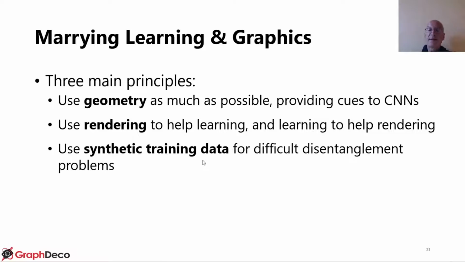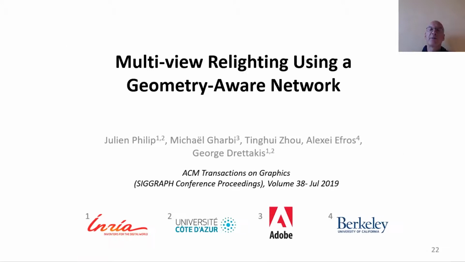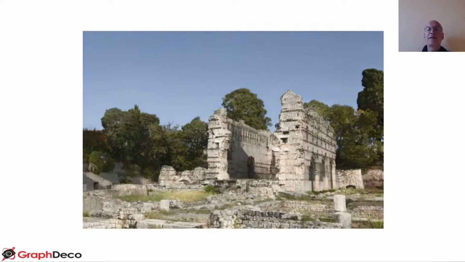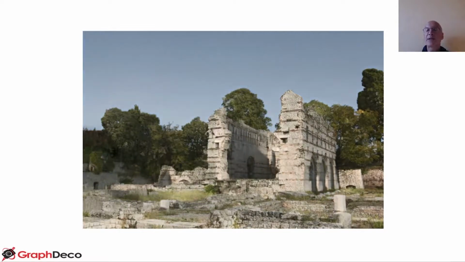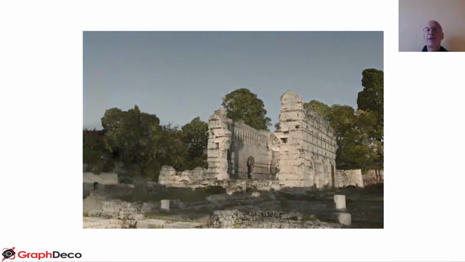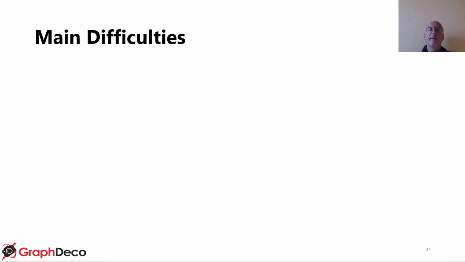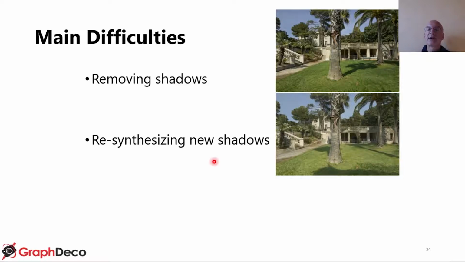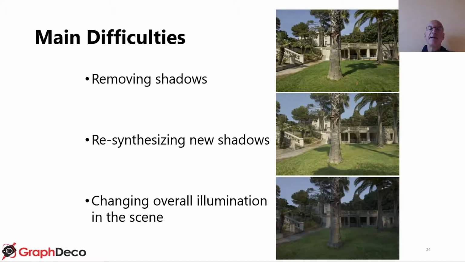The second aspect of our methodology is marrying learning with graphics, and there are 3 main principles. The first is to use geometry as much as possible, then use rendering to help learning, and learning to help rendering, and use synthetic training data for difficult disentanglement problems. So the first such example is using deep learning for relighting, and we see here a scene which we captured at a single lighting condition, and we're able to relight it synthetically. The main difficulties are removing shadows, also being able to resynthesize new shadows, here for example, and changing the overall